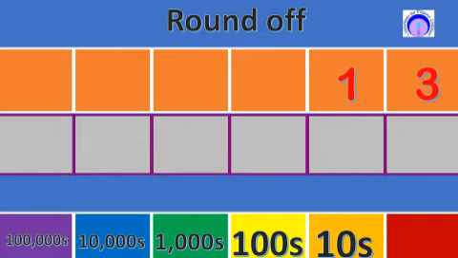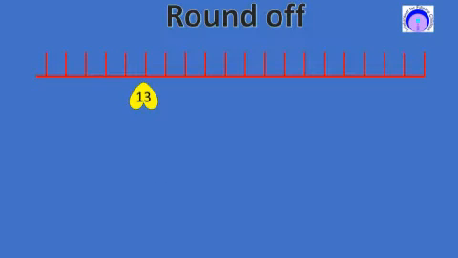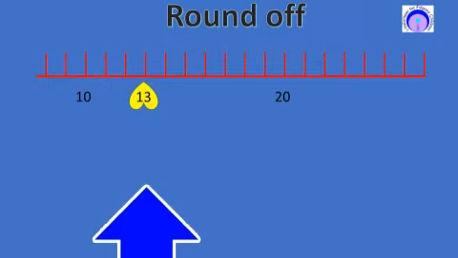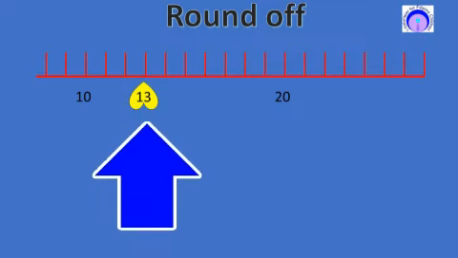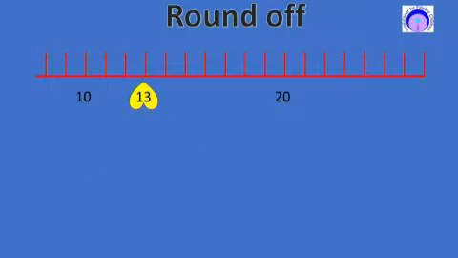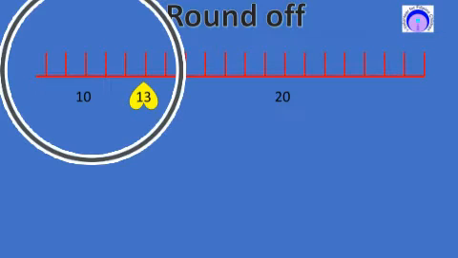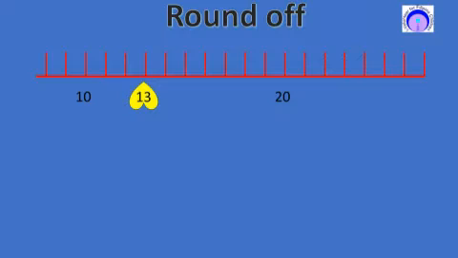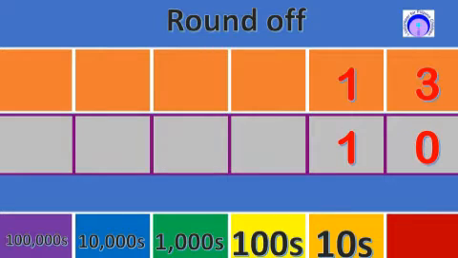Rounding off 13 to the nearest tens, what will be your answer? Again, let's take a look with our number line. Kita nyo yung 13? Mas malapit pa rin ng hamak sa number 10 kaysa sa number 20. So your answer is 10. That means, when 13 is rounded off to the nearest tens, the answer is 10.